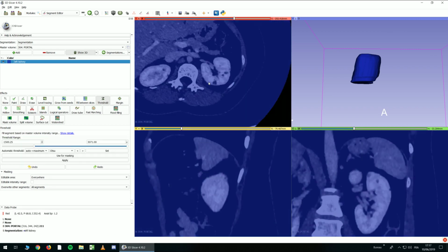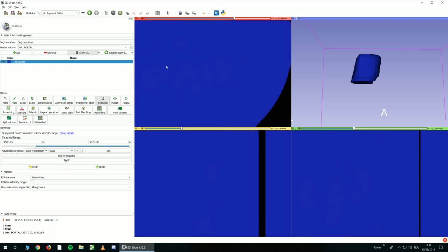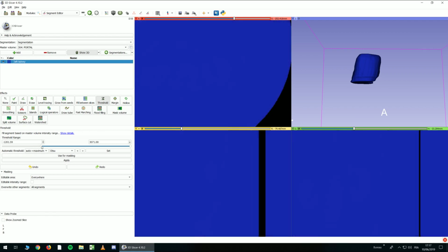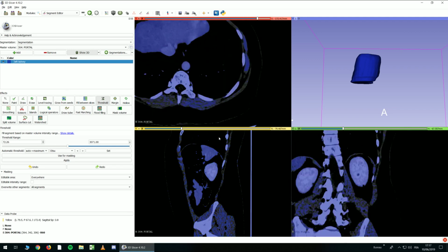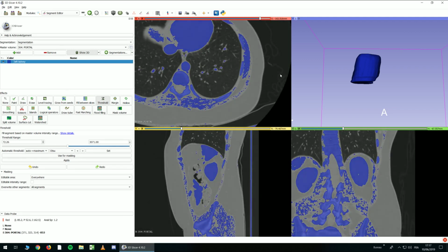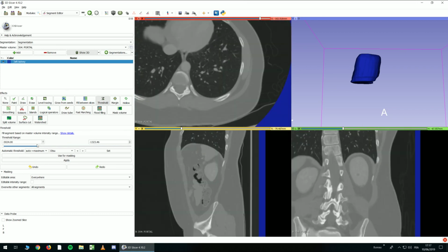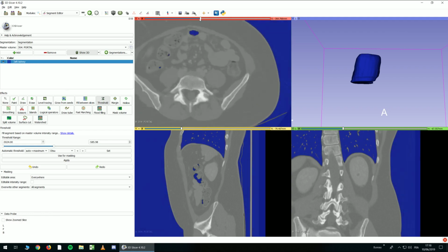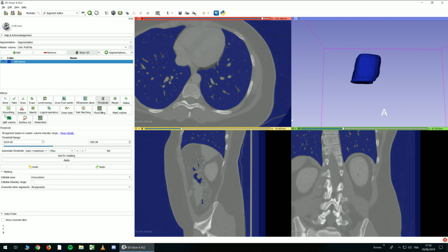Threshold, it's an extremely useful tool. It allows you to work only in a particular range of Hounsfield units. For example, if you want to work only in the lungs, you do this and this. Okay, and now you have air and lungs, but pretty much nothing else. Okay, so if I want to use this tool, I can click apply, but it will select everything, it will create a segment with everything,